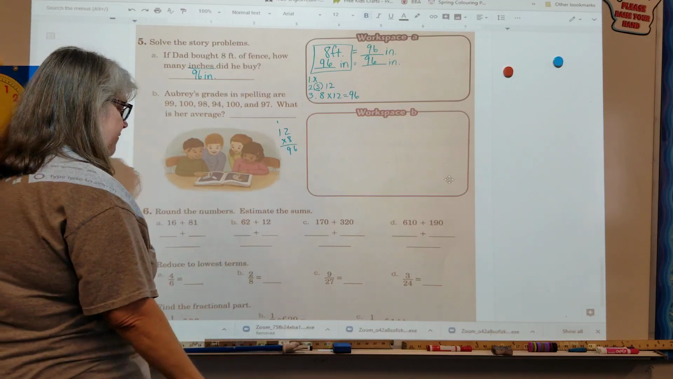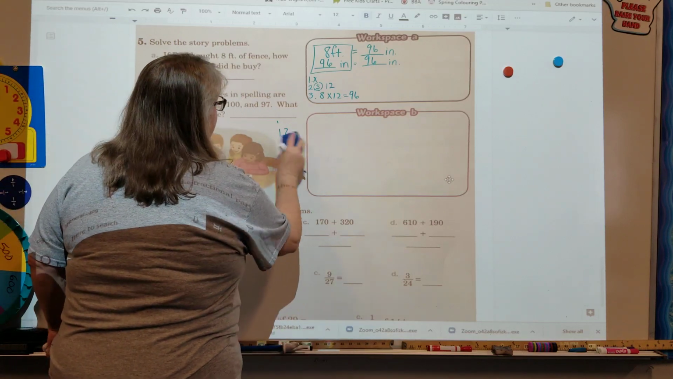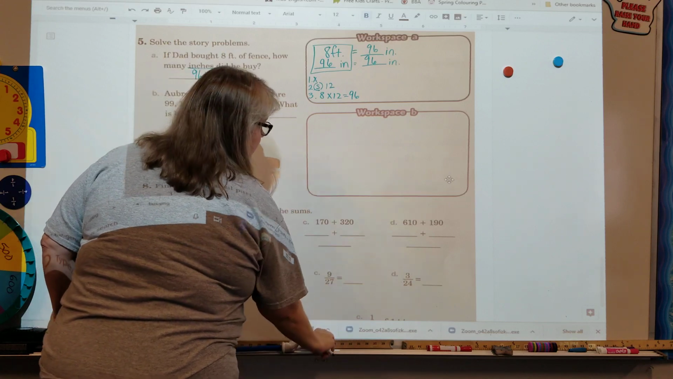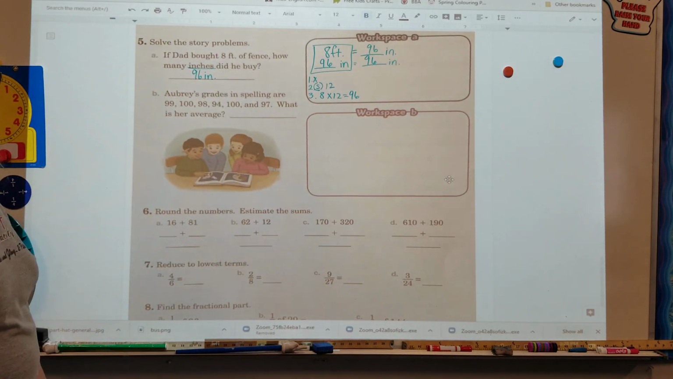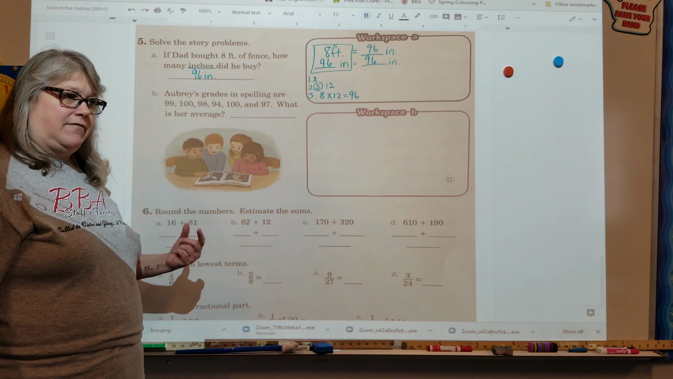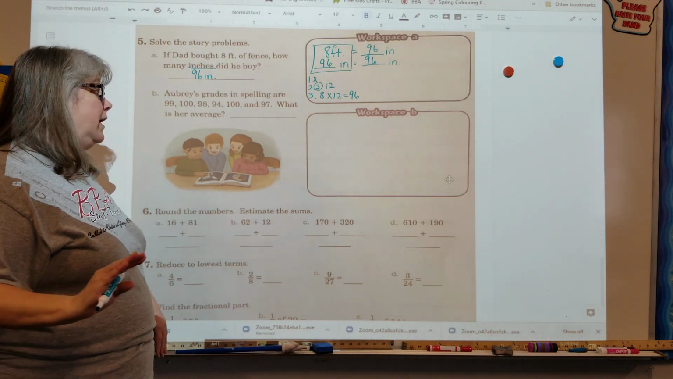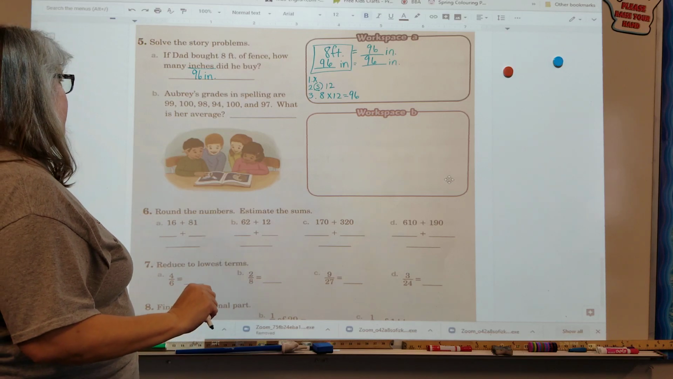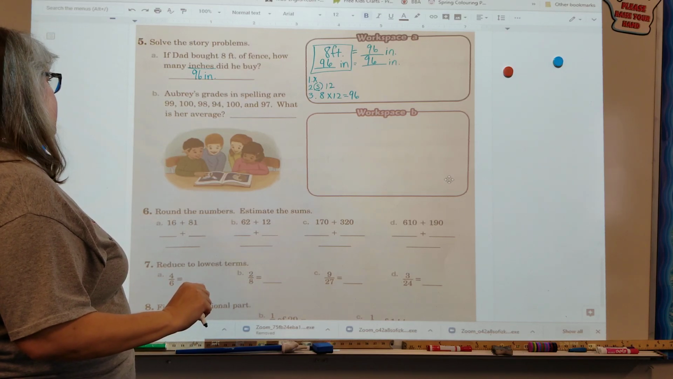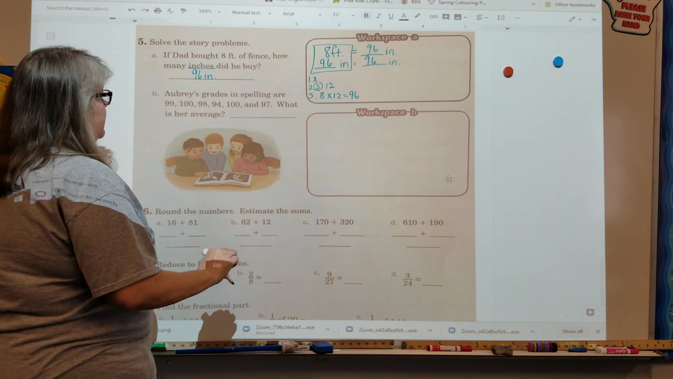Okay, now here we have the averaging. Once I learned how to average in school, I was always trying to keep up with my grades. The only thing I didn't realize is some grades have a higher weight, which is another lesson altogether. But let's see what her grades are for her spelling test average. Average grades in spelling are